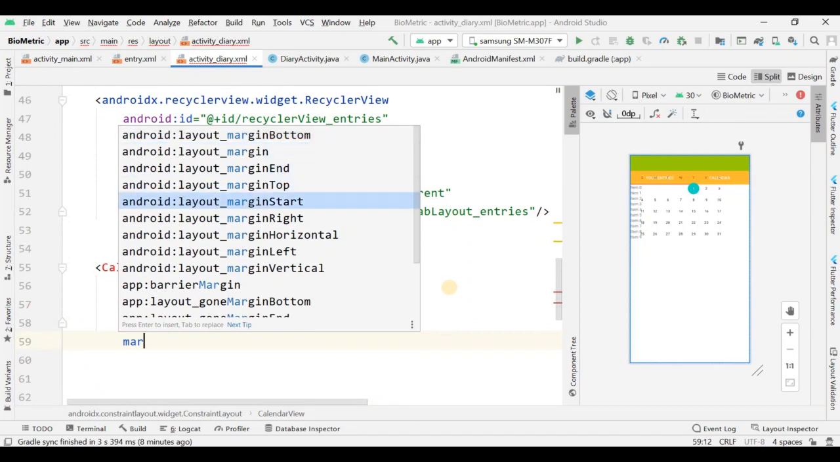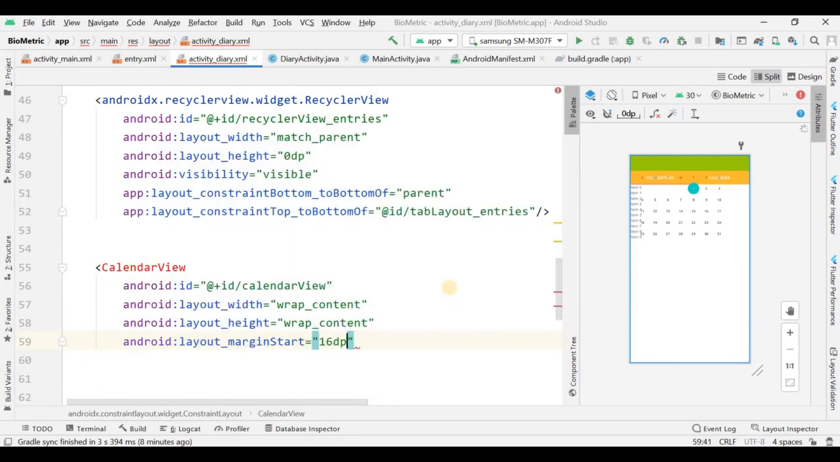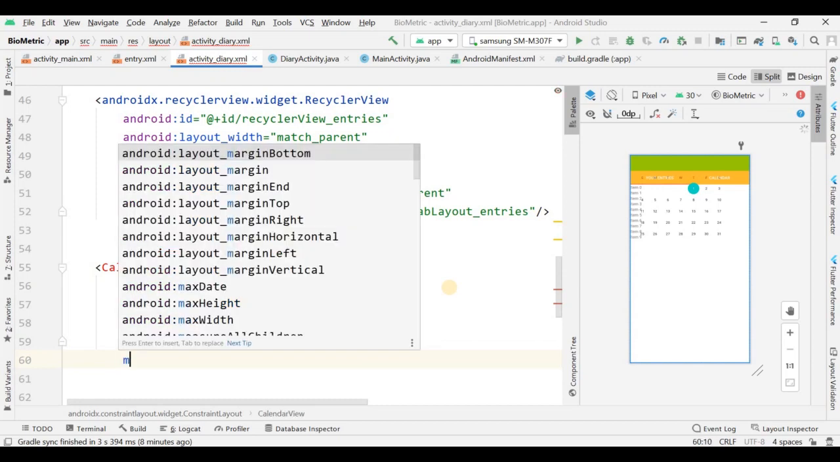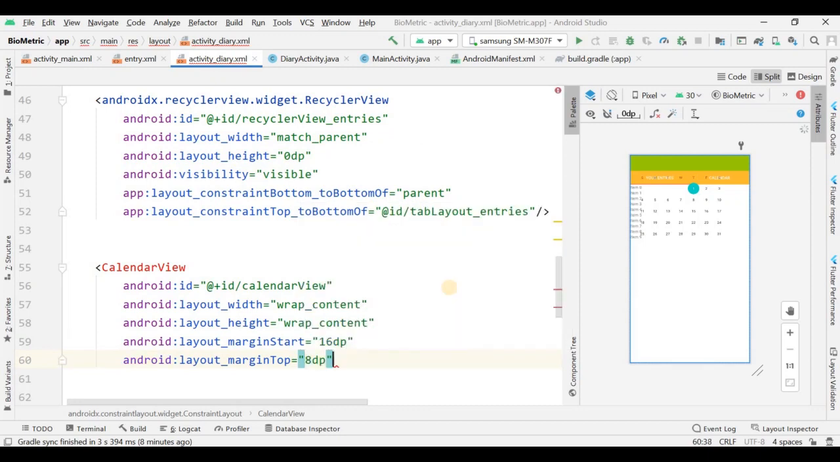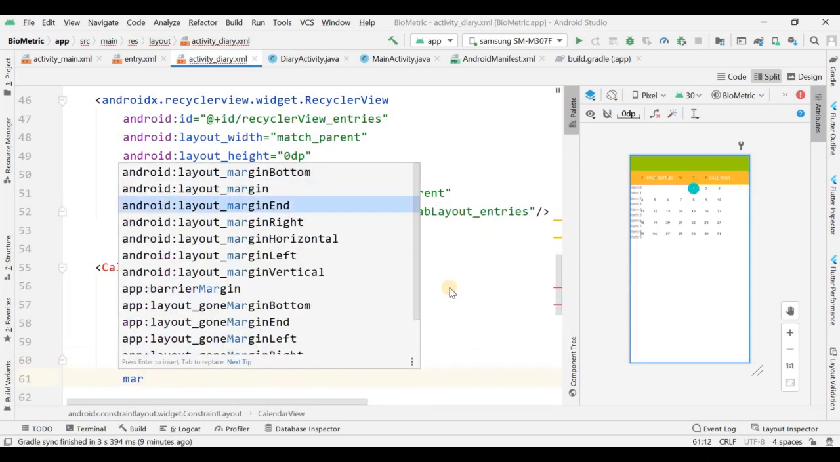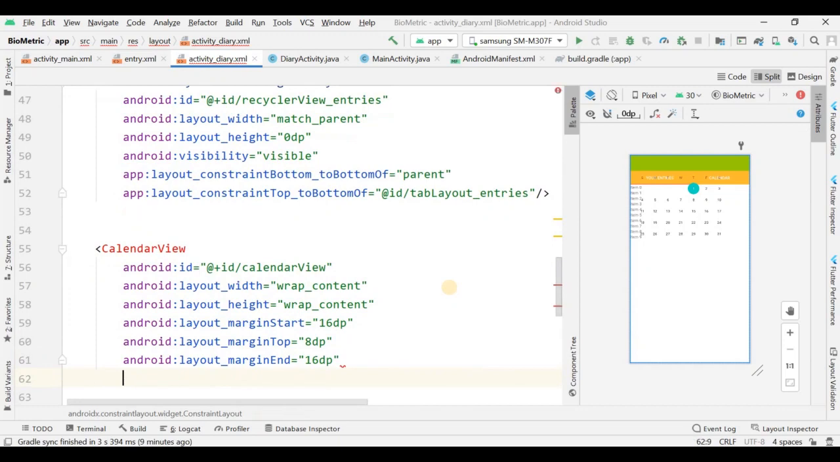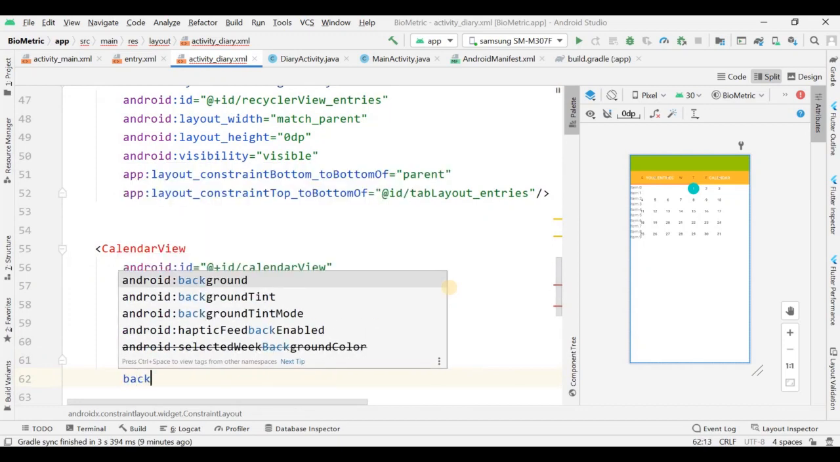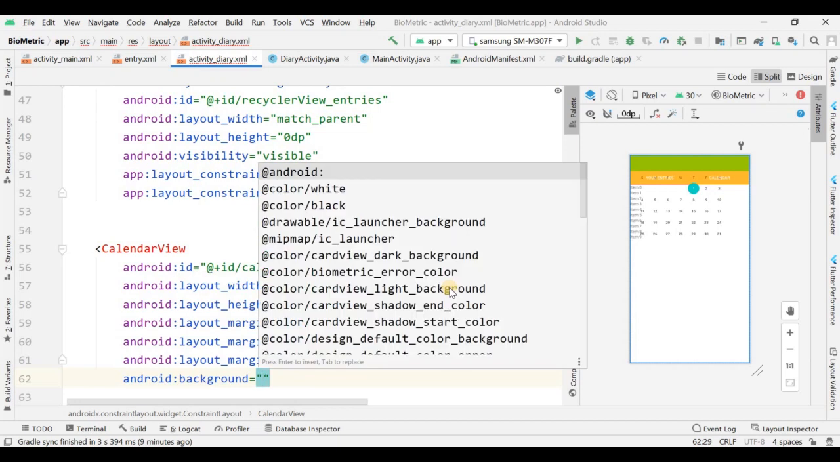Now what I have to do here is to give the margin from the start should be 16 dp, and then the margin from the top will be 8 dp. Okay, margin from the end is 16 dp again, and then the background. Okay, so the background will be